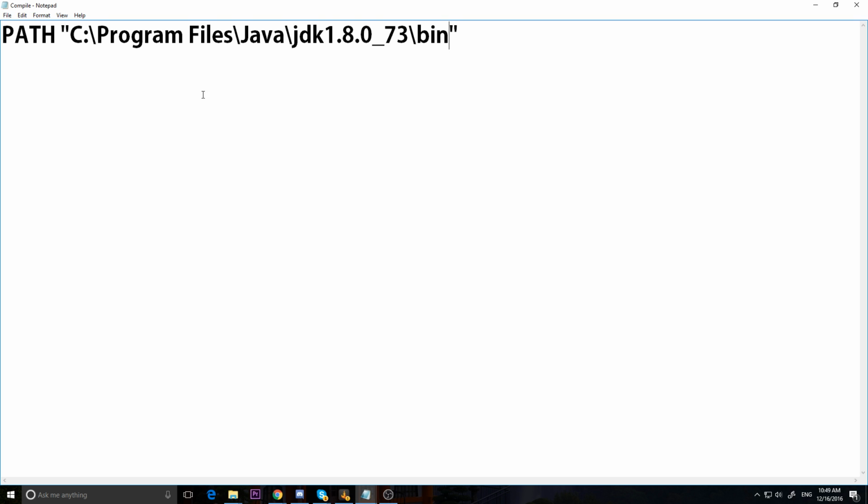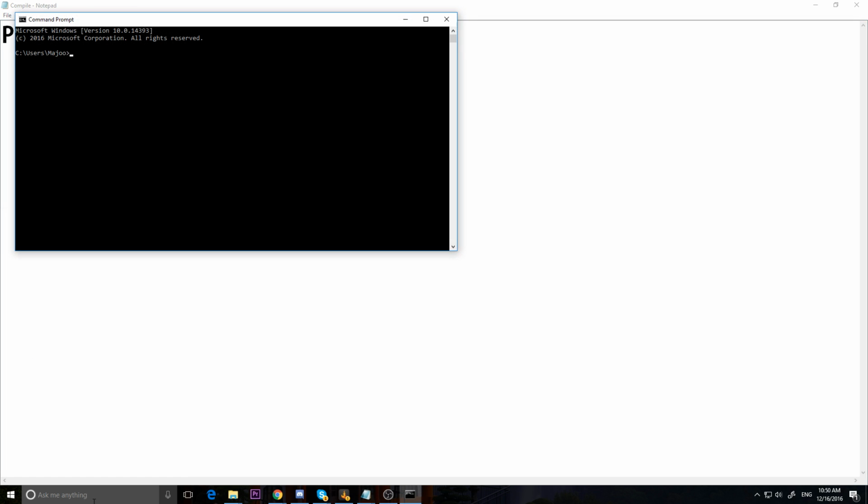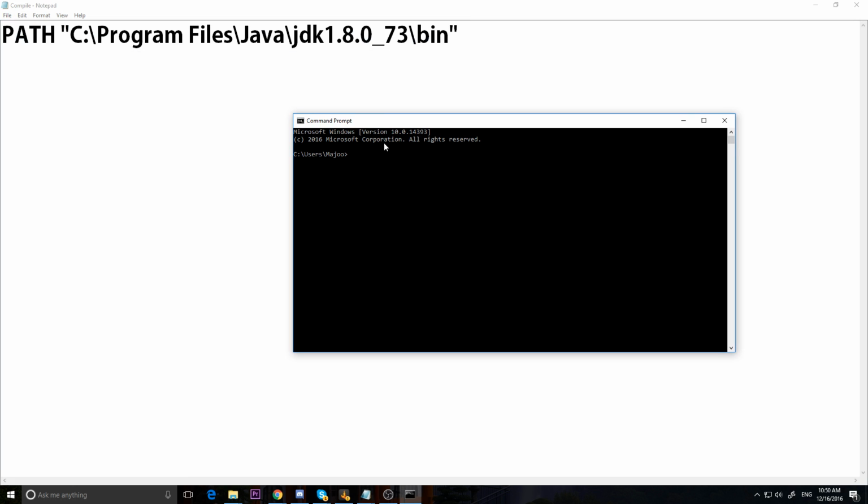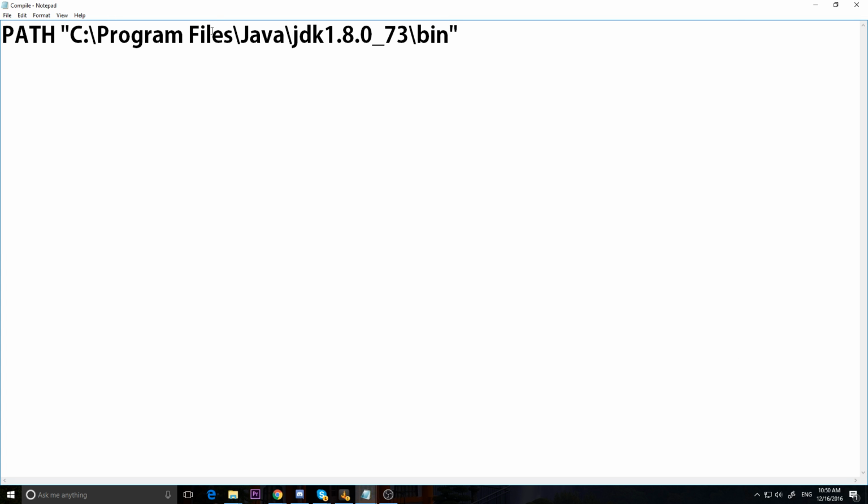So what I'm doing right now is writing a batch file. What a batch file is: you type CMD into your search bar and you get this nice command prompt. Well, a batch file is CMD commands. When we run this compile file, it's going to open up command prompt, and it's going to type in path, and it's going to type this all in for us without us having to do it, okay? So you can path it, and then